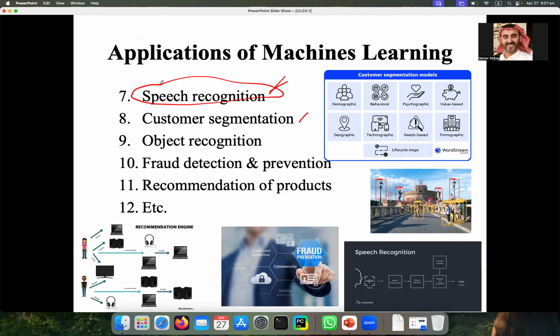So, anyhow, customer segmentation. This is another application in which you are dividing customers into groups, or identifying customers based on different things. For example, demographics. What is demographic segmentation? Demographic segmentation is maybe age, religion, ethnicity, or you can think of these different things, and that is called demographic segmentation.